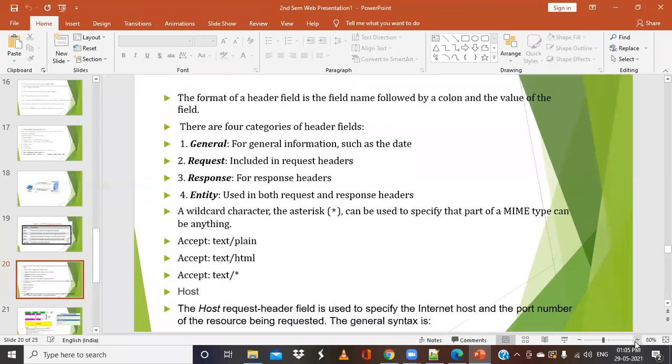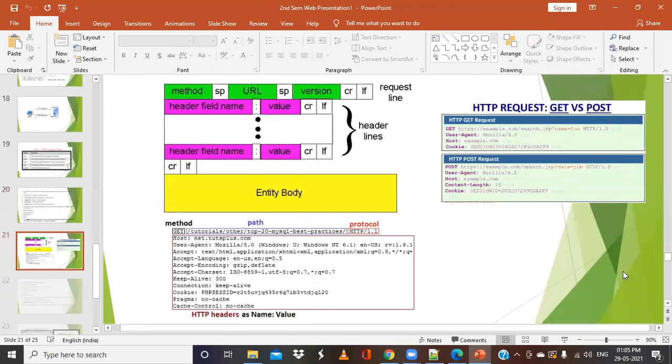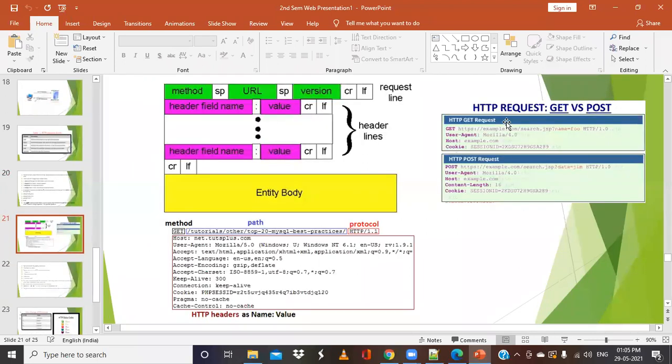To give a simple example, you can take this example of an HTTP request, and this is the structure that we have discussed. Initially, it will have the method name, URL, and so on. Similar to that, we have these examples. If it is a GET request, it will have the method name, followed by the URL, then the version, and so on. Then it will have the user agent. These are all header lines: user agent, host name, accept.